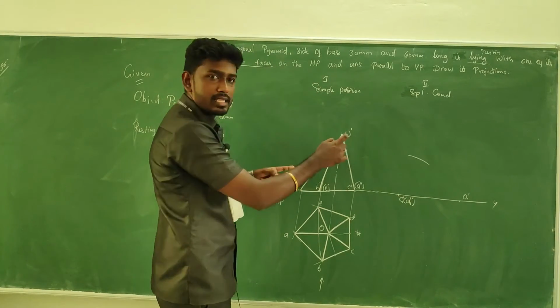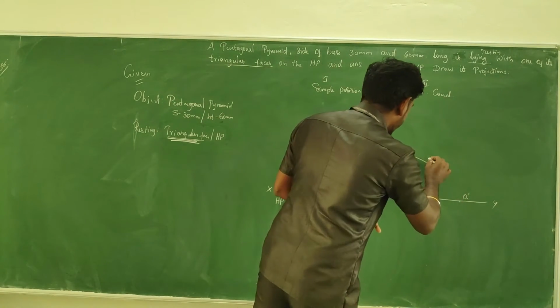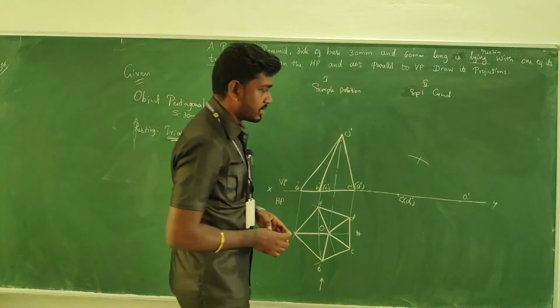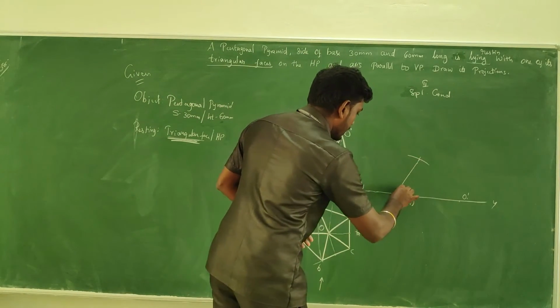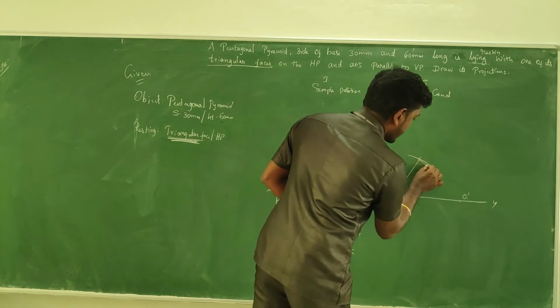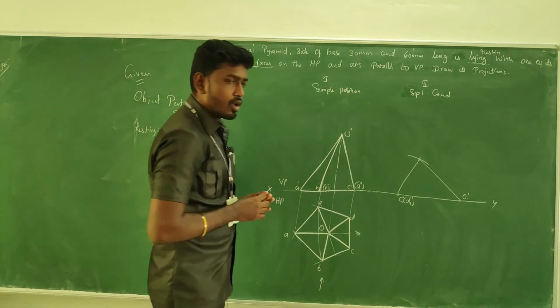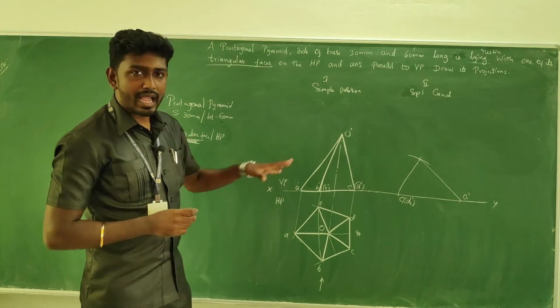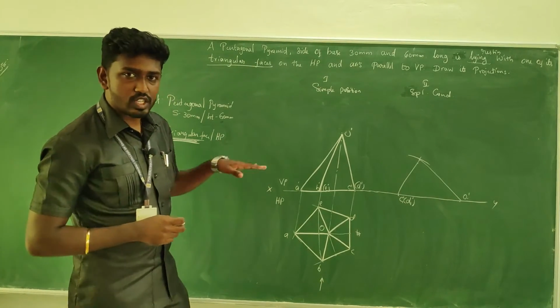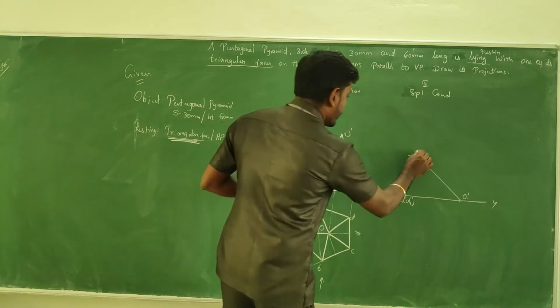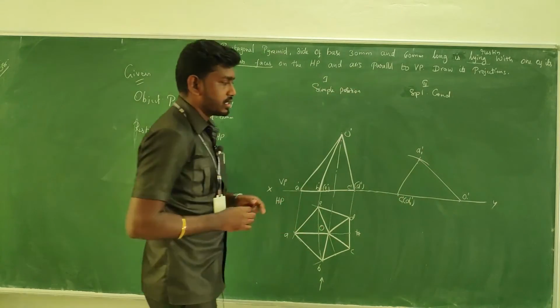From O to A, get the measurement. By keeping at O, make a cut. So it will be like this. If I join the cut point and the cut to O, you get the same replica of the object, with the triangular face resting on HP. So this is the A1 dash.